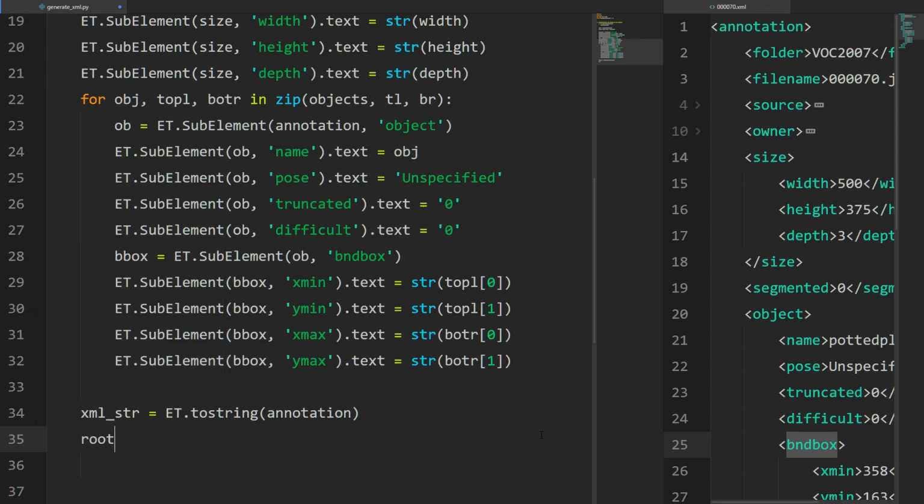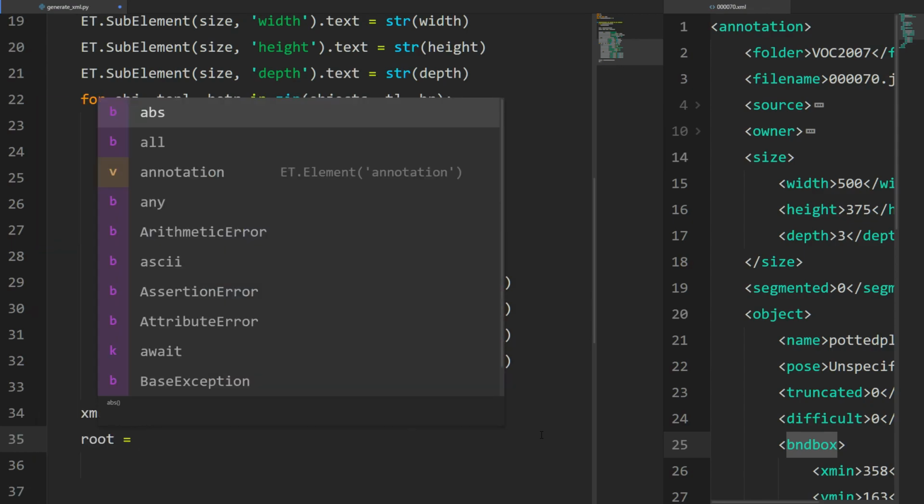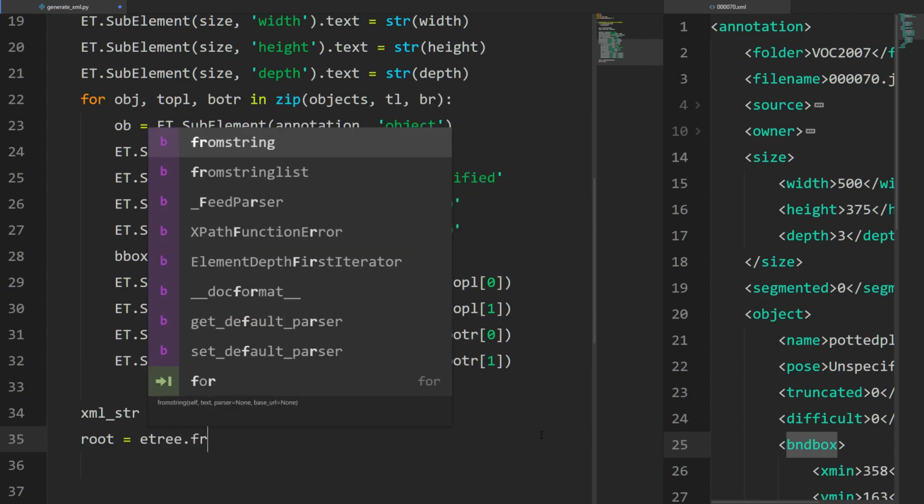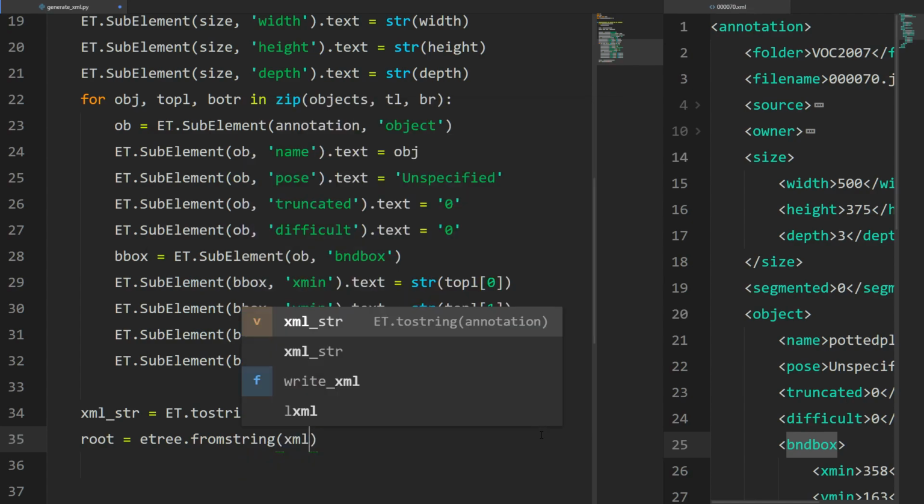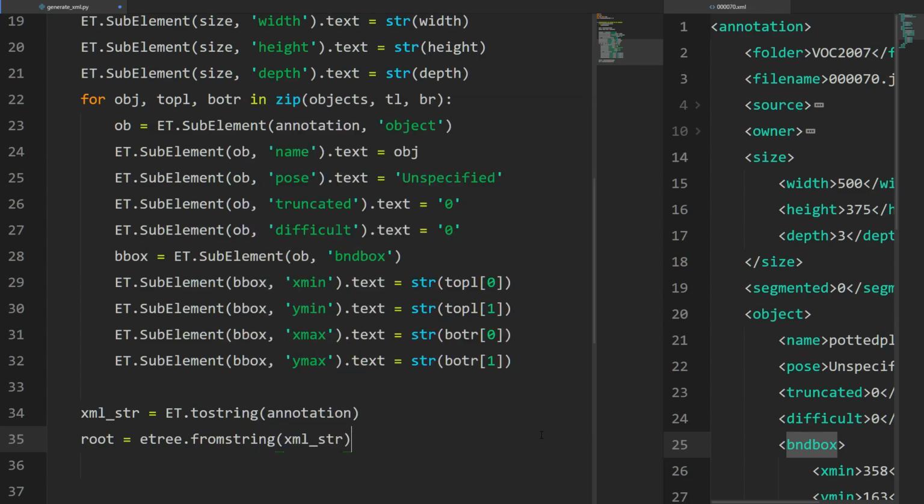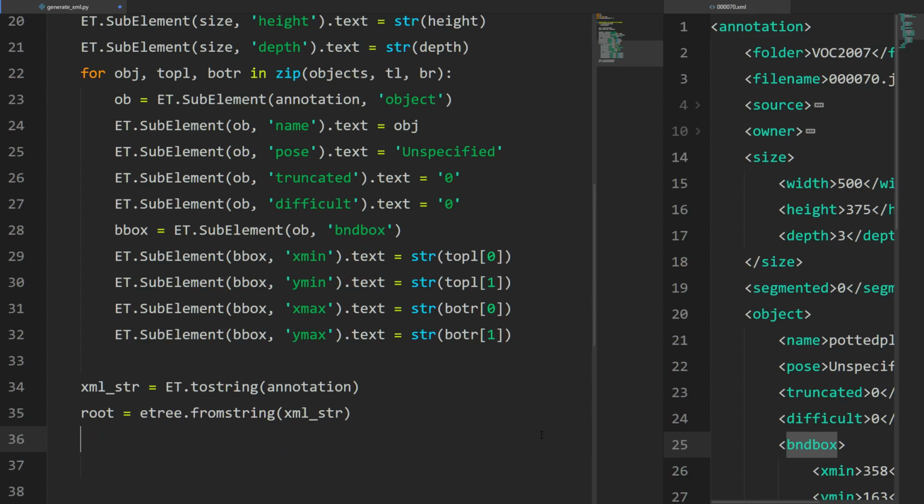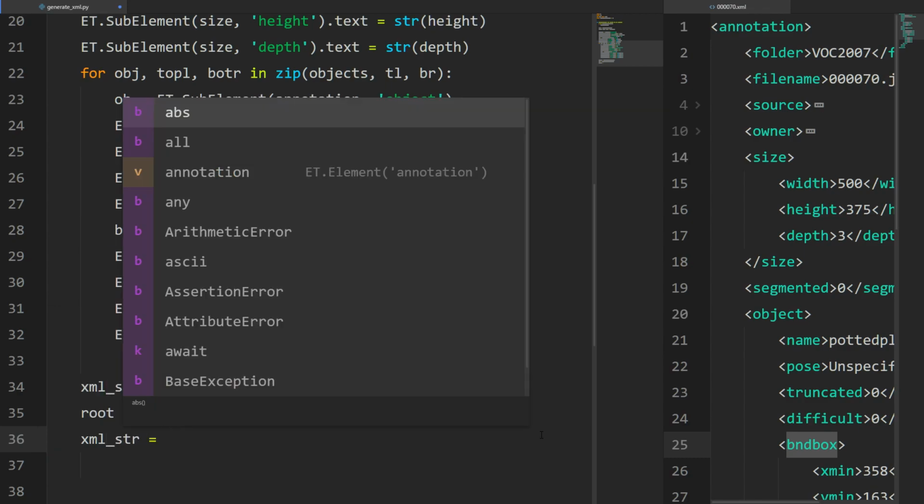Next thing we're going to do is create something called root, and root's going to be equal to eTree.fromString, and what are we going to take from string? The XML string. So this is where we use that XML eTree library for. Cool. Next thing we're going to do is redefine XML string, and this time we're going to do